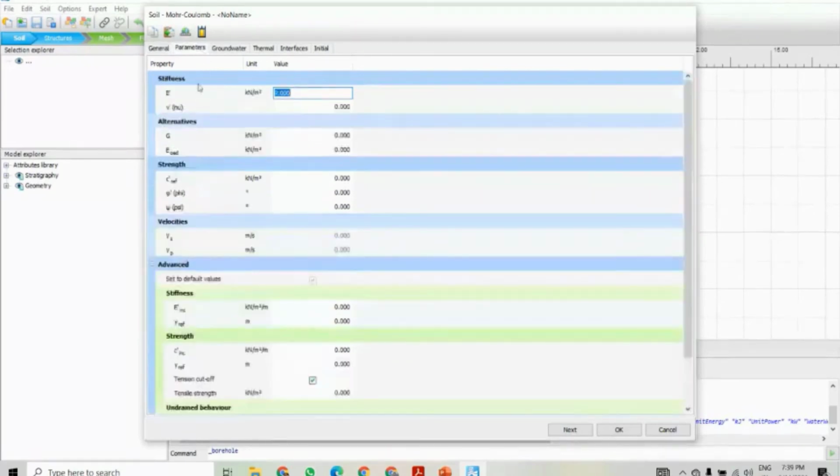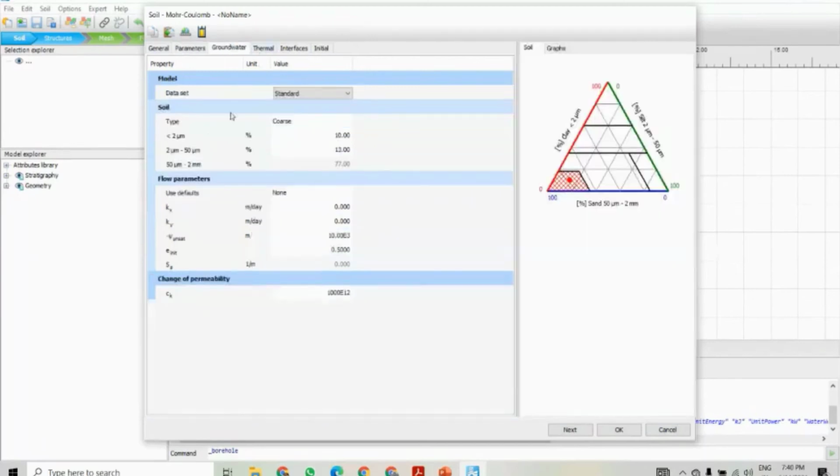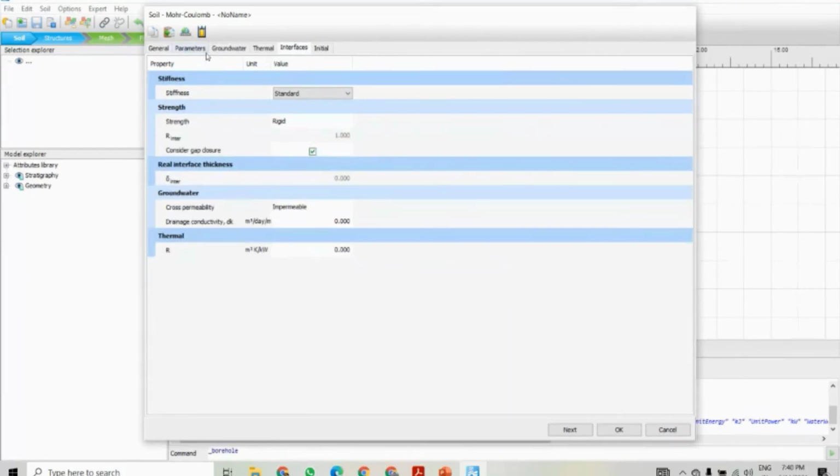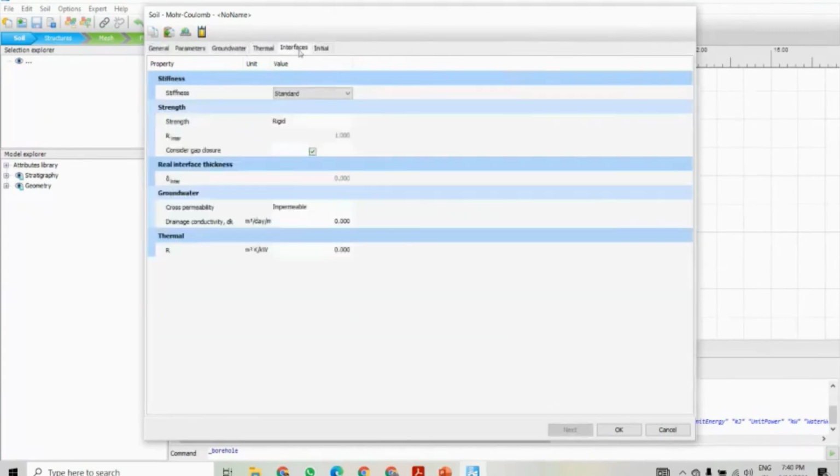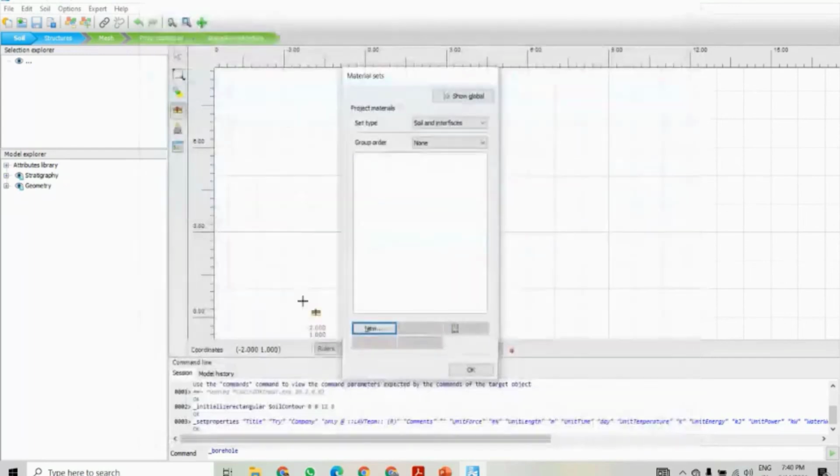Then we require the stiffness, the Poisson ratio, cohesion, angle of friction, and then stiffness again. And a few more things we require, like permeability of that soil, right? And then interface. So these things we'll see when we create an application on day 2.